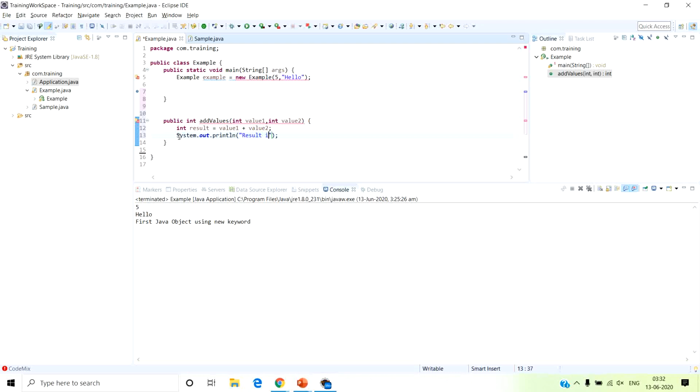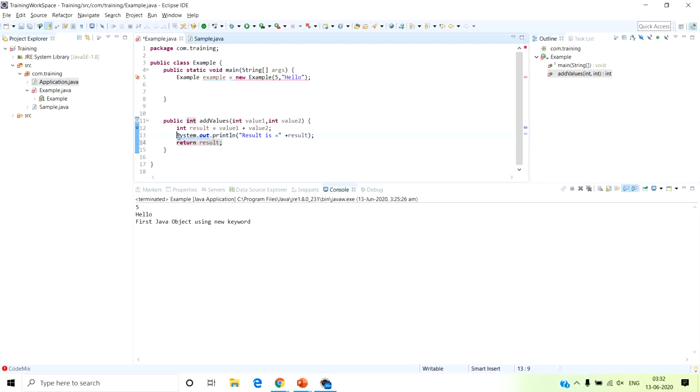Result is like this. Okay, now we have to return something here, like return 5. Sorry, we already have the result variable, which is the integer type, so we can return that here, and